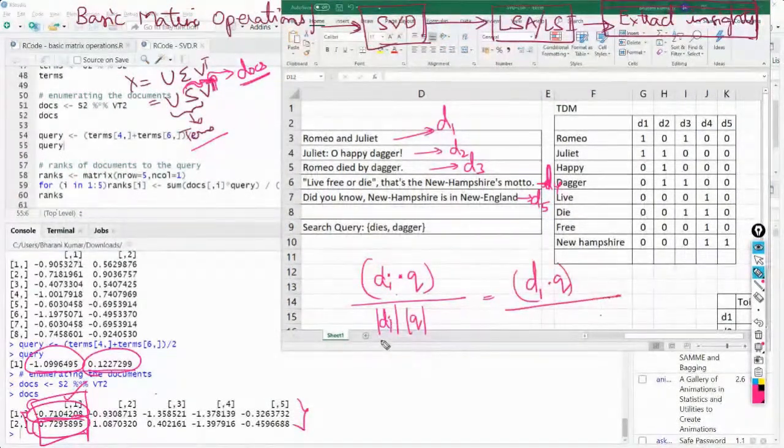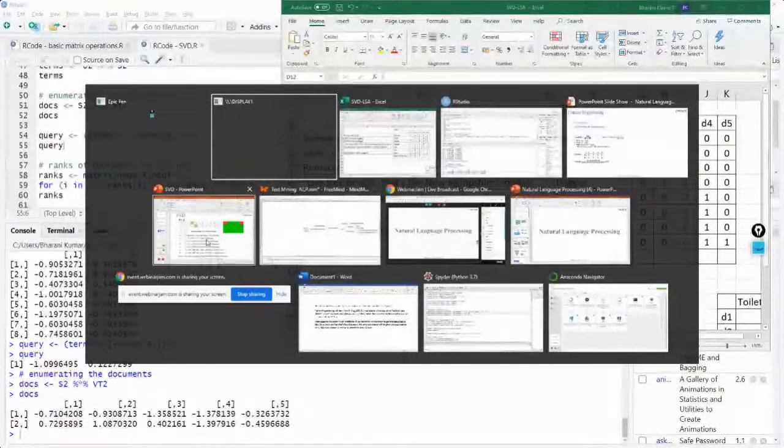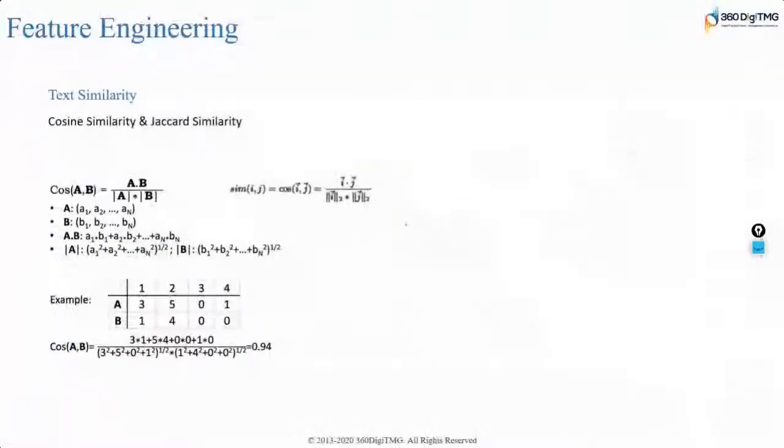Multiply those, divided by, square these and take a square root, into square this plus square of this, take a square root of that. This is what we have already discussed as part of cosine based similarity. If you look at this, we have taken a 1 by 2, right? That's nothing but square root of this, square root of this.